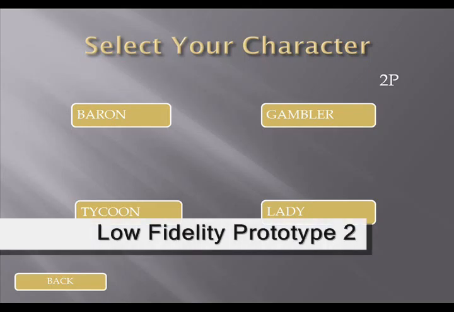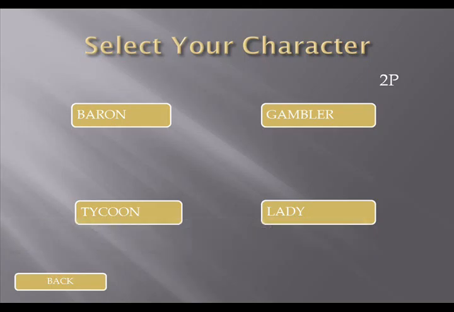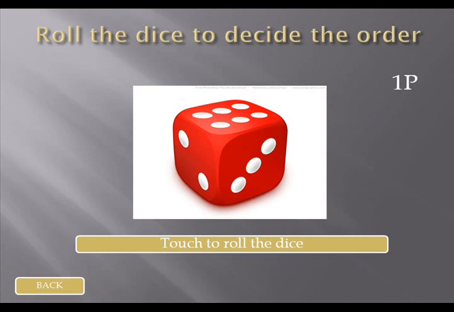For my low-fidelity prototype, one feature was that the player should be able to select their desired characters at the beginning of the game, such as a baron, a robber, a tycoon, and more. This allows a more interactive playing experience and makes it more engaging for each player. Another feature present in my low-fidelity prototype was deciding the order of turns. This can be done by using a dice feature, where dice will roll when the user presses the screen. The player with the highest number will go first, and so on in decreasing order. However, this might give a bit of confusion because usually board games are played in either clockwise or counterclockwise order.